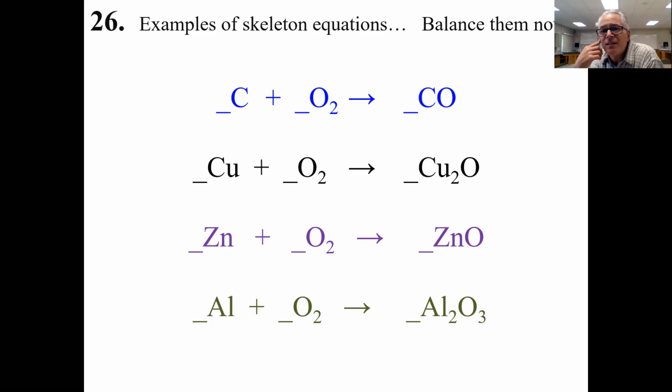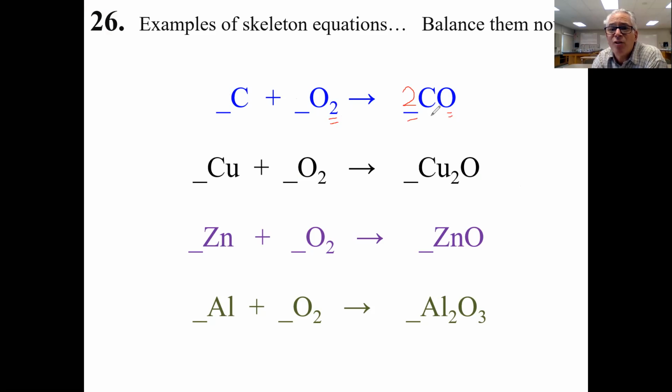Carbon and oxygen are going to make something called carbon monoxide. Now, if it said C plus O2 makes CO2, we'd be done. We're not making carbon monoxide. We're going to do the blue one first, carbon dioxide. There's 1 carbon in the front, 1 carbon in the product. So far, so good. I'm going to draw these all up, and we're going to do them, okay? 1 carbon, 1 carbon. 2 oxygens. How do I get 2 over here? I have to put a 2 here, and that gives me 2 oxygens here, and then now I have CO,